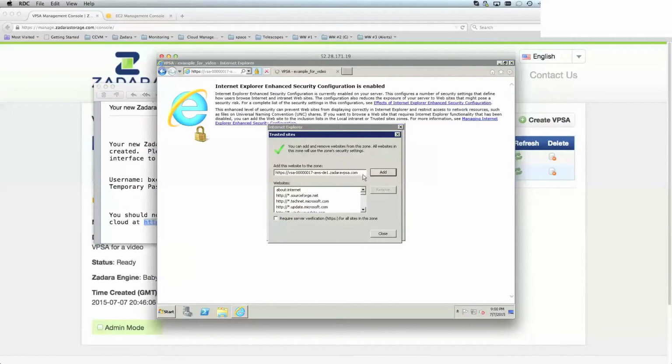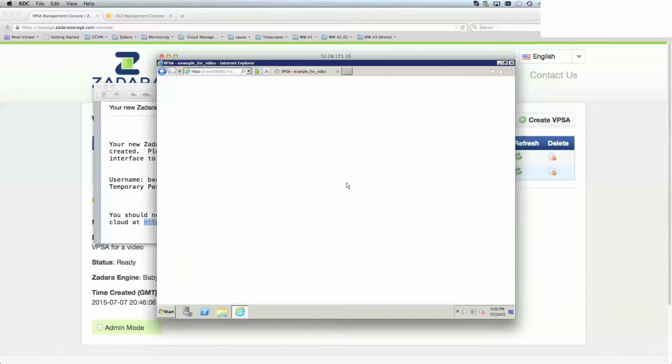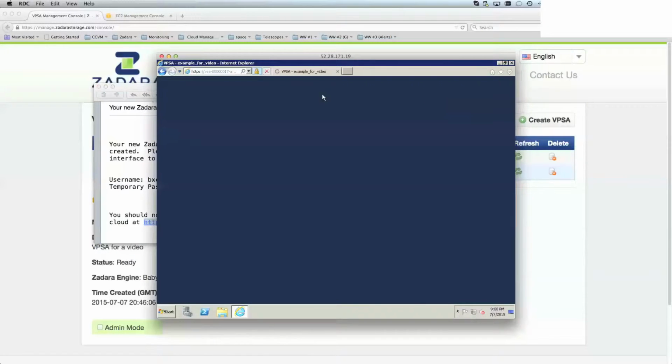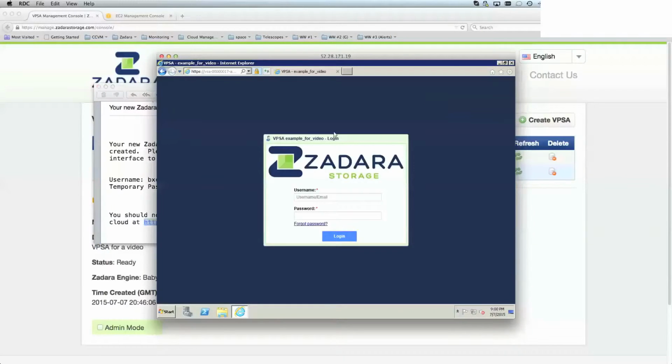I wish to add this one to the trusted sites. This is a default Windows instance, default configuration. And this is what you should see, the login page for your VPSA. Now, most of the time,